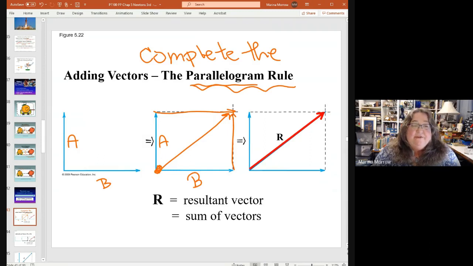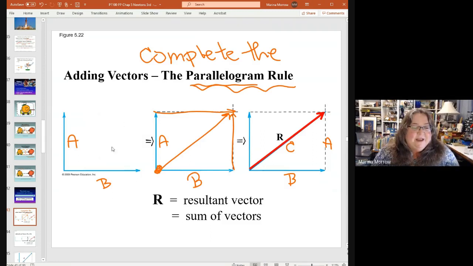And if you want to know how long that diagonal is, of course, you could use Pythagoras' theorem, right? A squared plus B squared equals C squared. Because we've got A here and B here, and this could be C, the resultant. So these two were